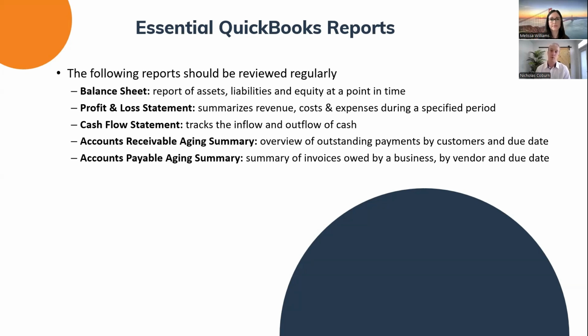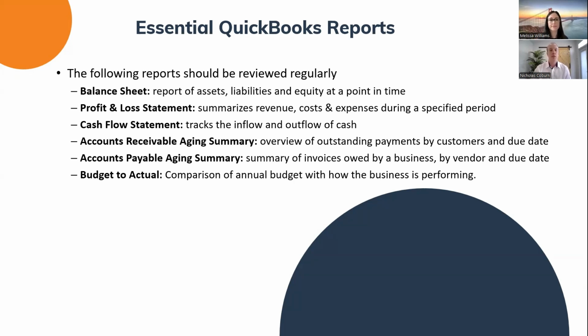Conversely, on accounts payable, those are your open invoices that you have not paid your vendors. You want to make sure not only that things aren't being stale dated and possibly putting you in bad books with your vendors, but sometimes looking at these reports, you actually see that you have duplication. Something was paid, you're sure it was paid, and when you look at this report, you can see, okay, that's still outstanding. Why is that? So it's important to be looking at that to make sure that you're not double booking expenses.